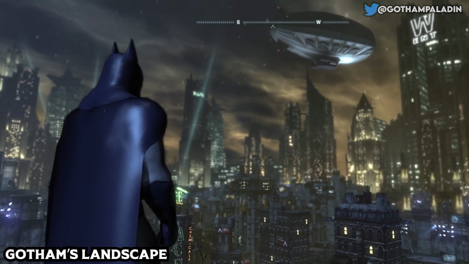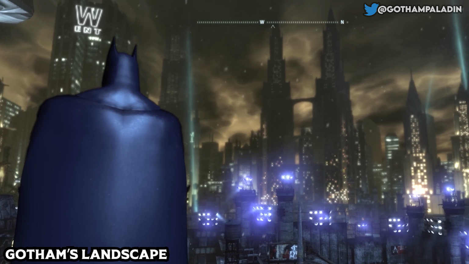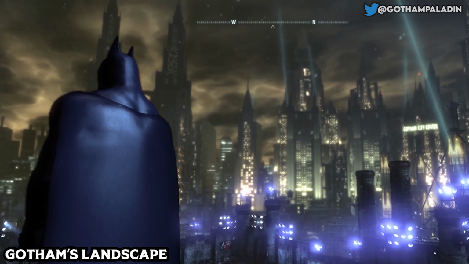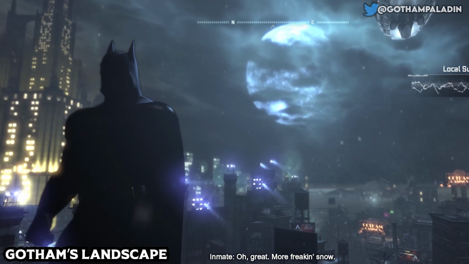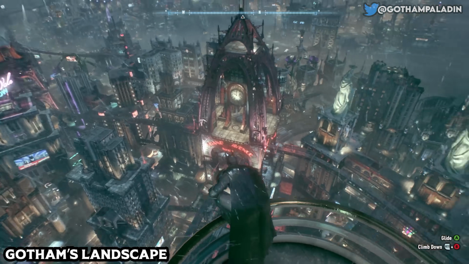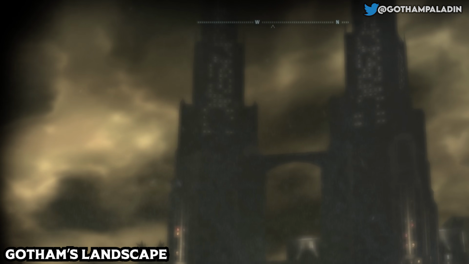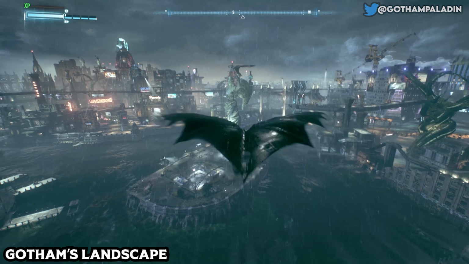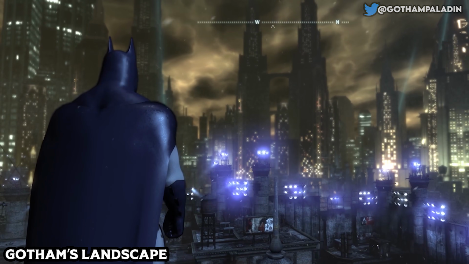Okay, so the first one I want to talk about is Gotham's landscape, and this is the basic one. It's probably a BS one, but let's just get it out of the way. In the other Arkham games like Arkham Asylum and Arkham City, the Gotham City landscape looks much different than the one we explore in Batman Arkham Knight. The one in City seems to be more sprawling with skyscrapers, and they all look similar, whereas in Arkham Knight, it's split into 3 islands with all of them having their own distinct features. Now, I guess this is a retcon, right?